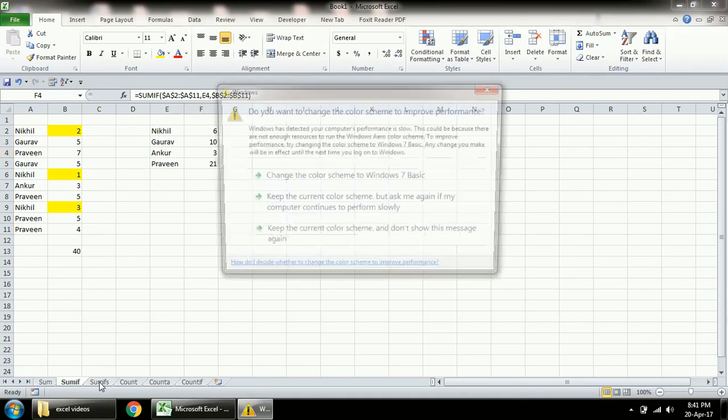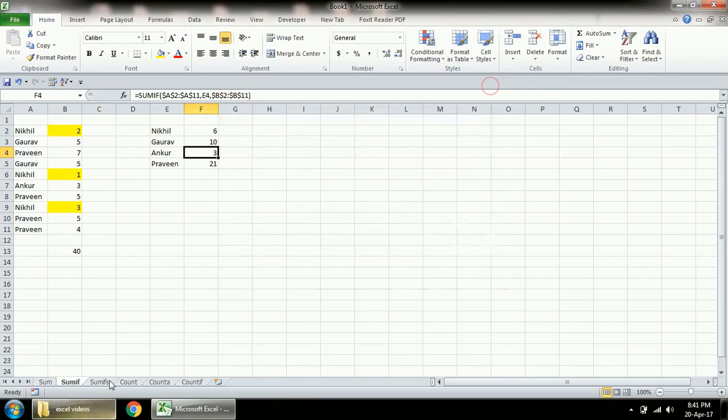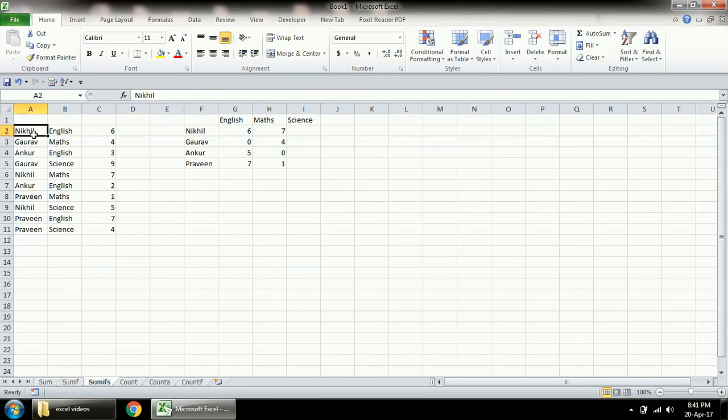So moving on to the next formula, which is SUMIFS. Here we have certain names and we have the subject. The names Nikhil, Gaurav, Ankur are repeating, and these students have scored some marks in their respective subjects: English, mathematics, English, science, mathematics. What we need to find out is how much Nikhil has scored in English, how much he has scored in maths, and how much he has scored in science. Again we will do the same process, but now